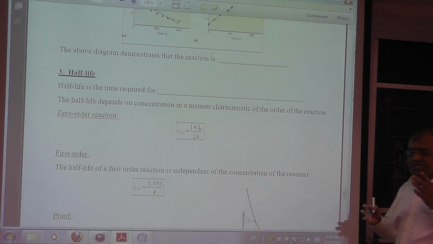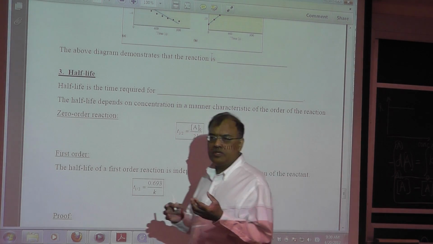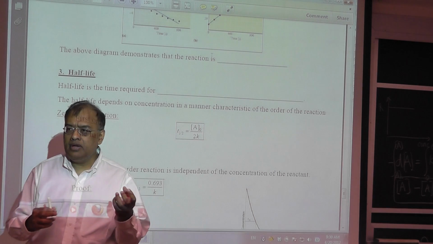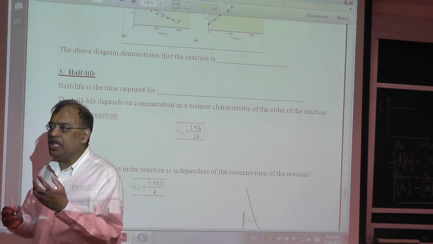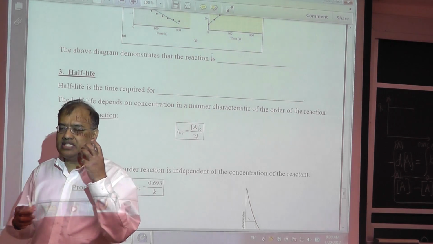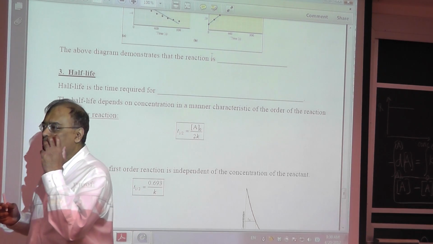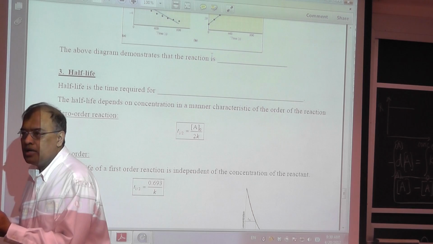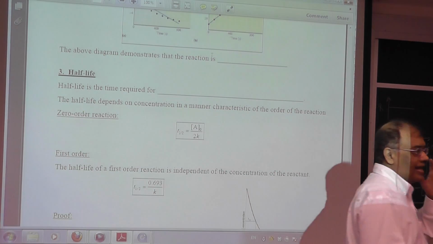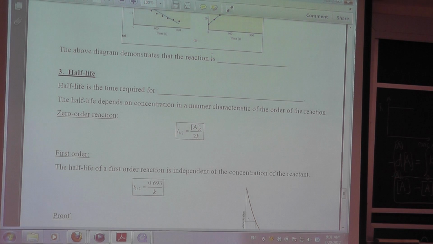Supposing you had 64 molecules, you want to know how much time it takes for the 64 molecules to become 32. How much time does it take for the 32 molecules to become 16? How much time does it take for the 16 molecules to become 8, and so on? That's what I mean by half-life. The half-life